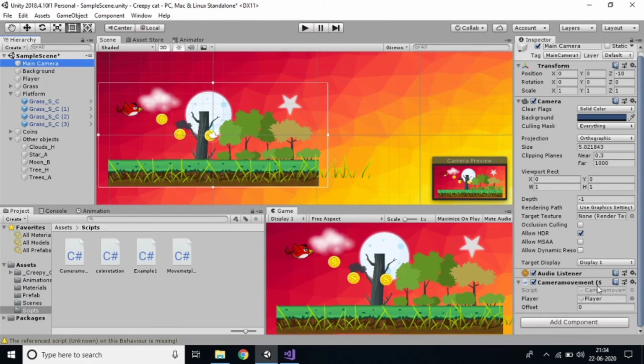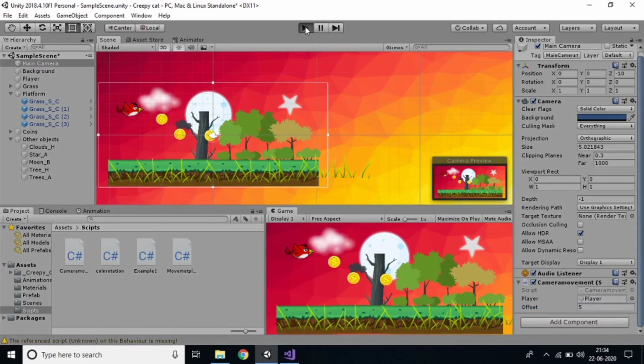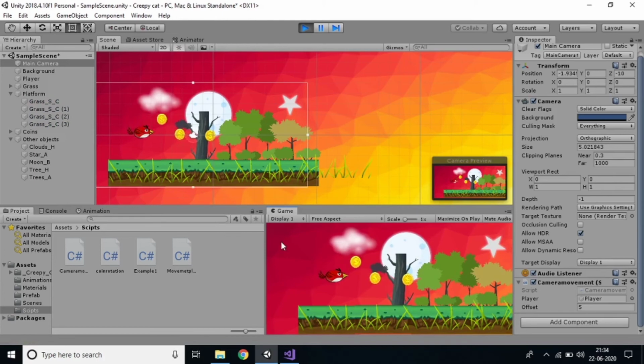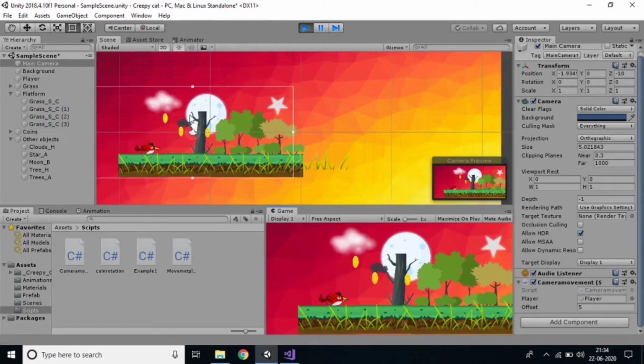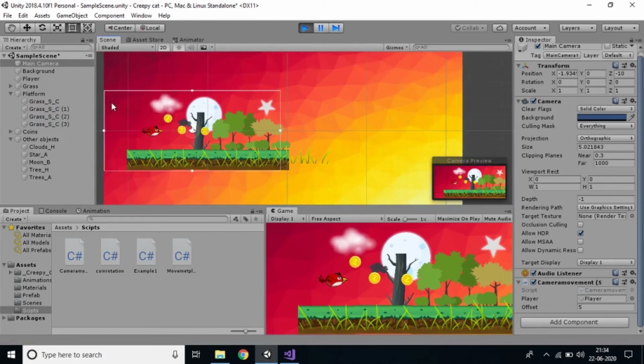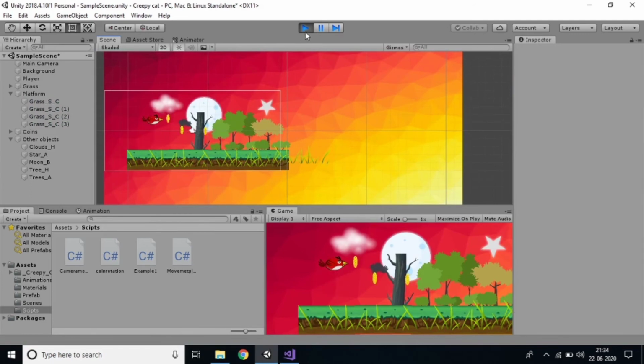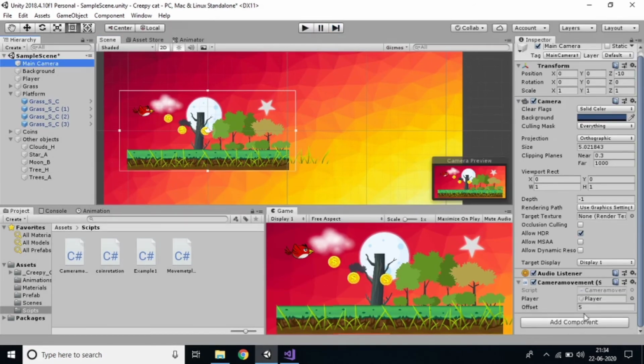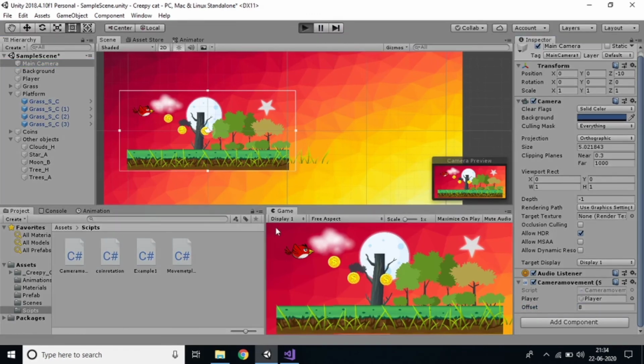And in the main camera you can see the offset value is 0. So I want to give the offset value as 5, and now we can observe where the camera position is starting. You can see, yes, the camera is not bad. This everything is called the offset value. Now I'll stop and increase the offset value to 8. Then you can observe where it will start.